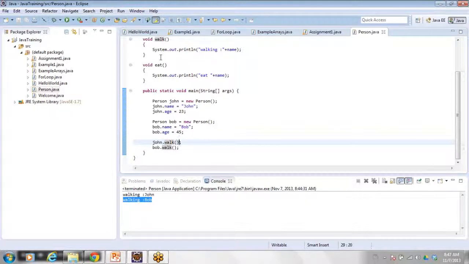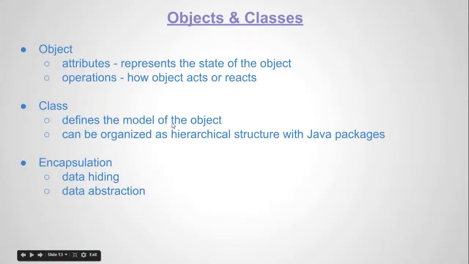Attributes represent the state of the object. Member function represents how the object acts or reacts. So is that clear? So the definition of object and class.